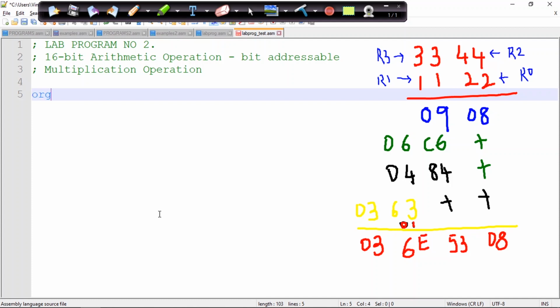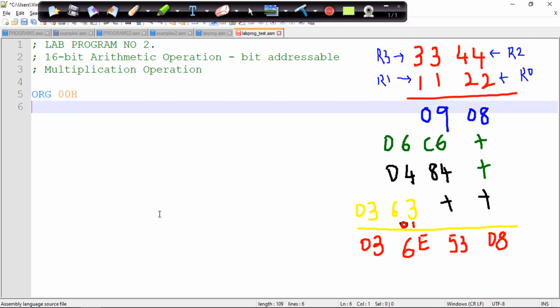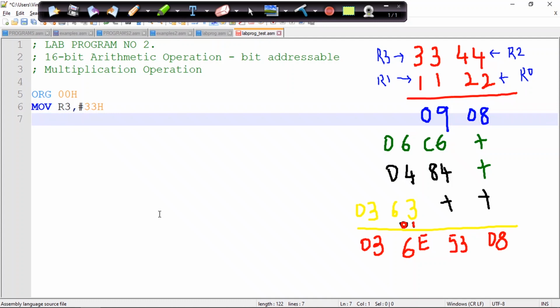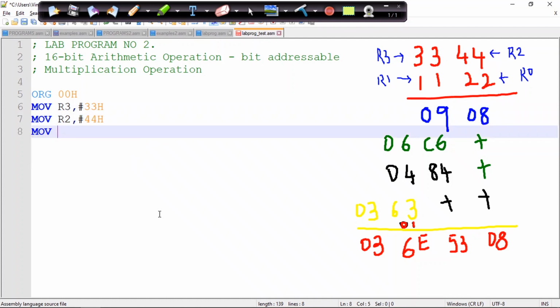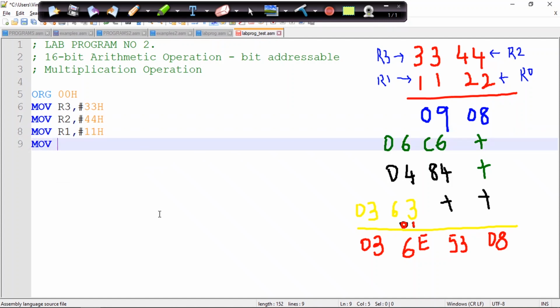Let us start with ORG 00H. Now I need to copy this data, so I'll be taking MOV R3, #33H, since we have given 33 hexa over here, and then MOV R2, #44H. And then MOV R1, #11H, MOV R0, #22H.